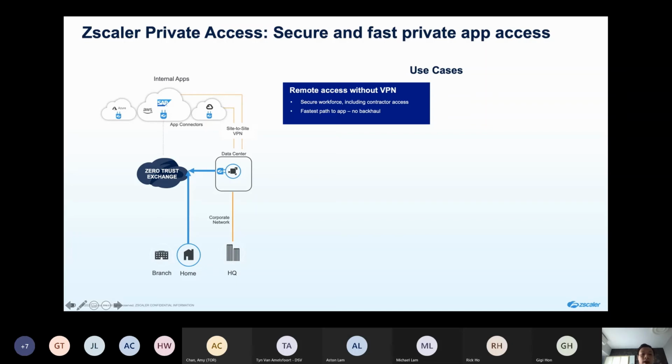and also the user. Every time a user is asking for a specific access, we will always check the identity, device posture, the device status before we allow that specific application access. The connector is playing the escort role, so it will only allow that specific application access request from that user. If the user is requesting another application access, the Zero Trust Exchange will check the privilege, and the connector will escort the user to only access that application.